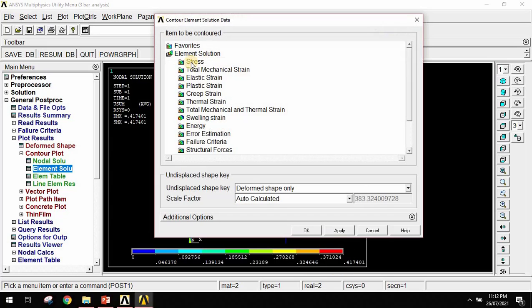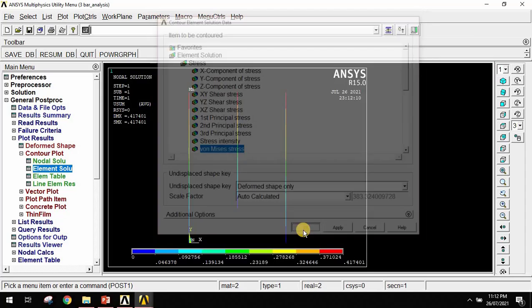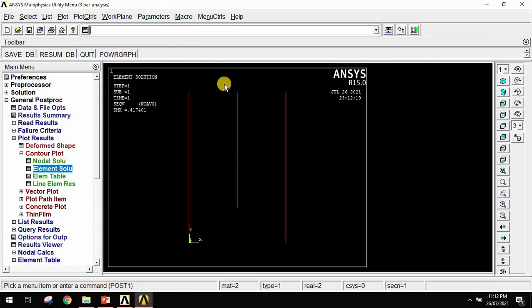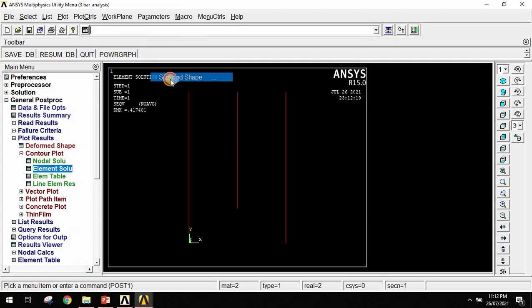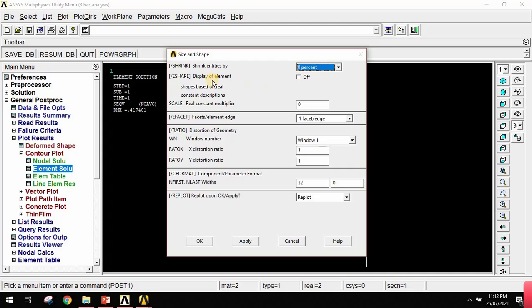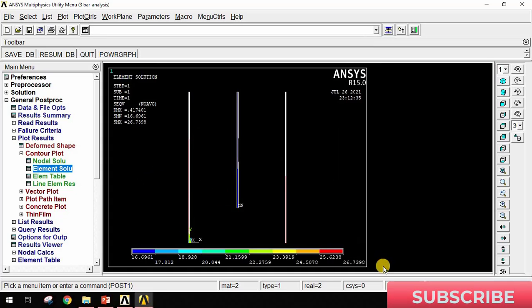Go to Element Solution, Stress value. Here there is no stress available. So go to Plot Controls, Style, Size and Shape. This "Display of element shape" is off. Turn it on and click on OK. So here the stress value is given or calculated. Maximum stress is 26.73 Newton per mm square, and another element value is 16.69 Newton per mm